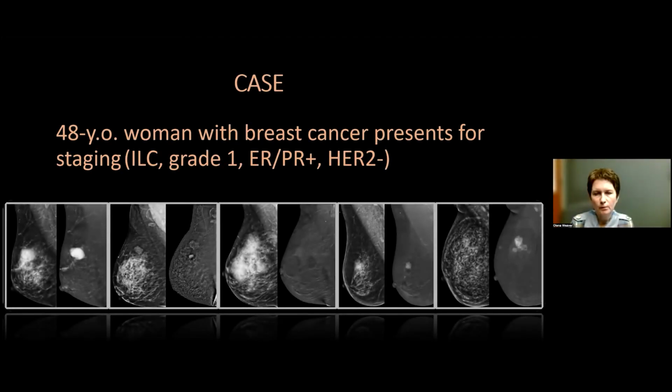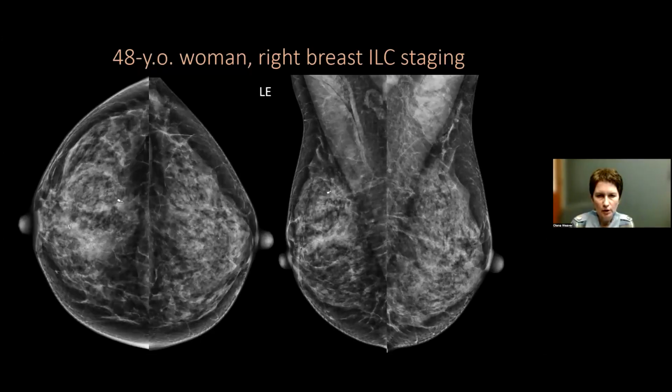This 48-year-old woman presented to us for right breast cancer staging. We do know that she has an invasive lobular carcinoma of the right breast, which was diagnosed at an outside facility. She has dense breasts, and she already came to us with 2 clips in the right breast. So looking at her low energy images, we can